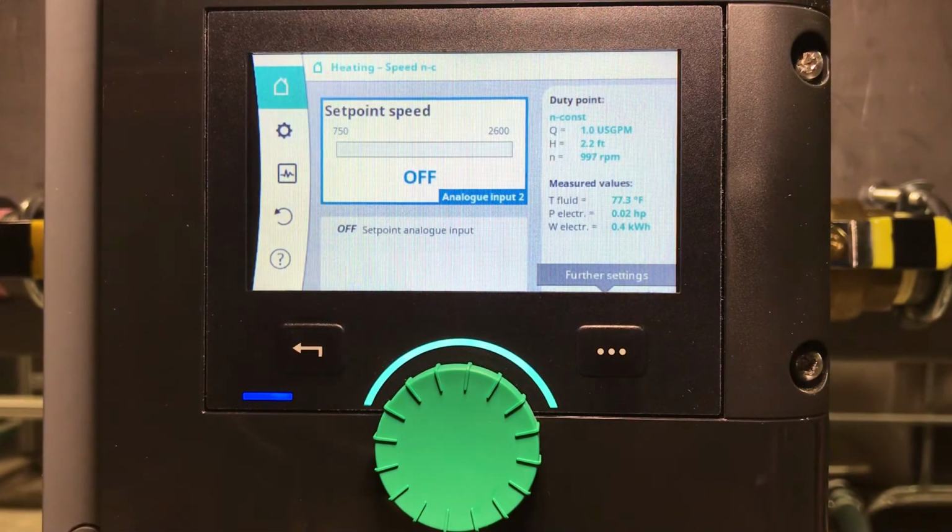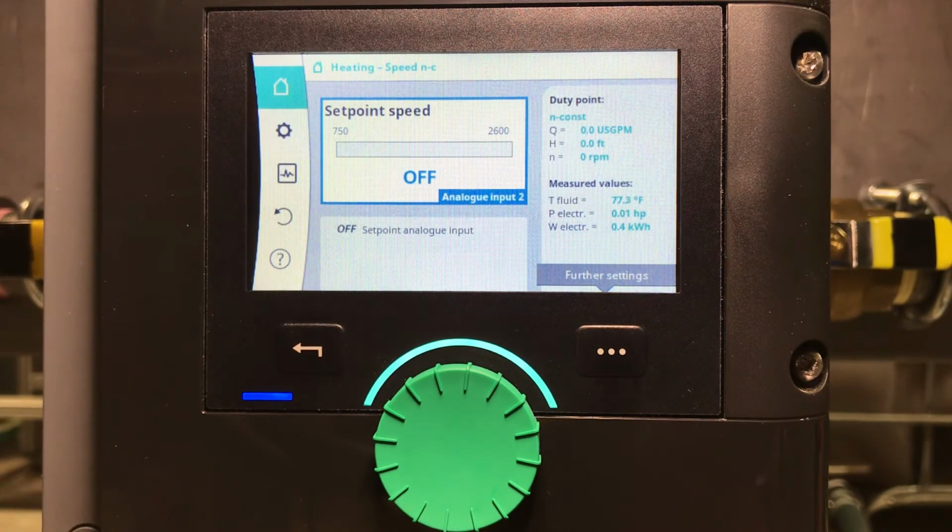There we go. So I'm sending 4 milliamps now to the pump. The pump is off, so the pump will turn off at 5 milliamps, and it will go into minimum speed at 6 milliamps, and it will go to maximum speed at 20 milliamps. So as the value of my signal goes up,